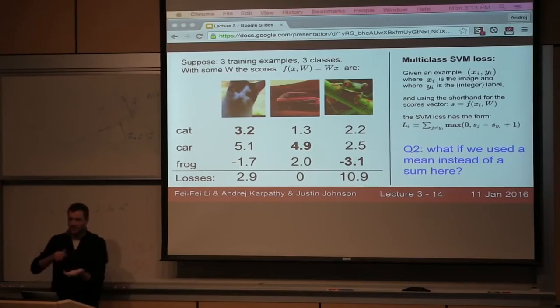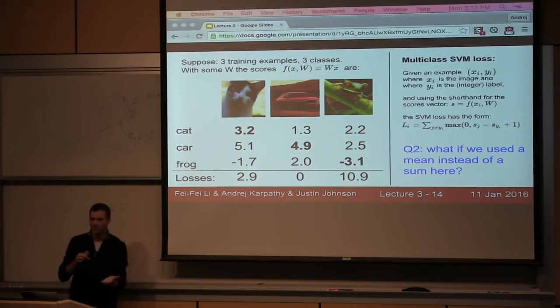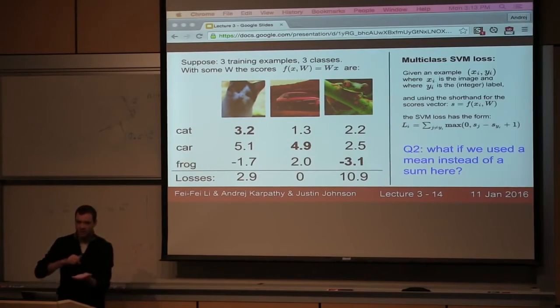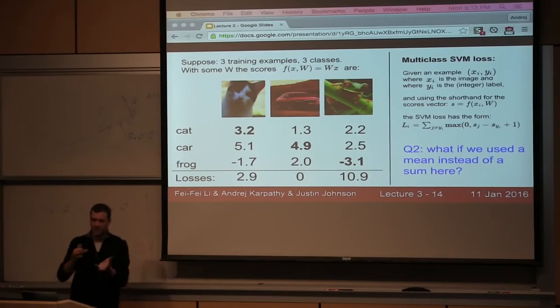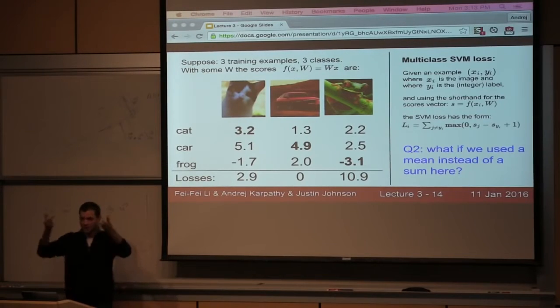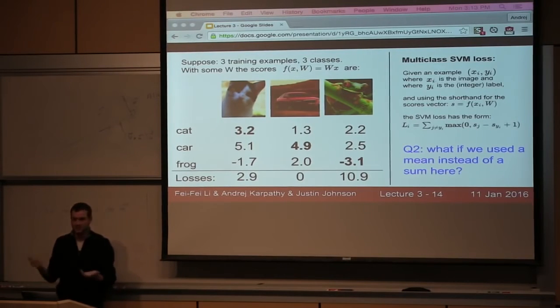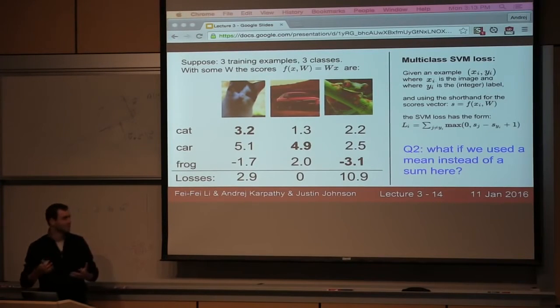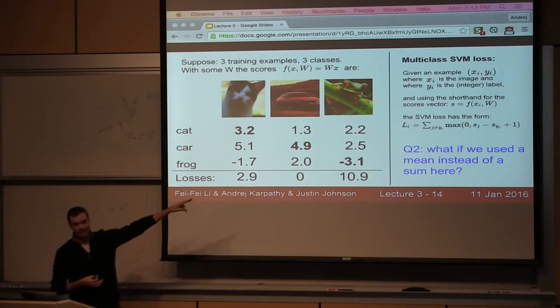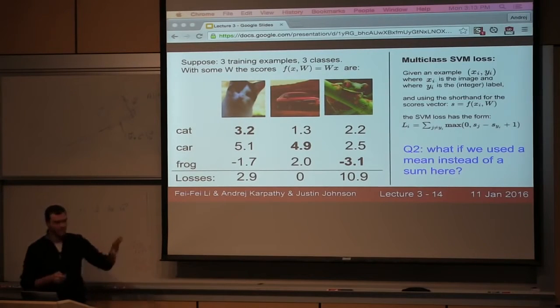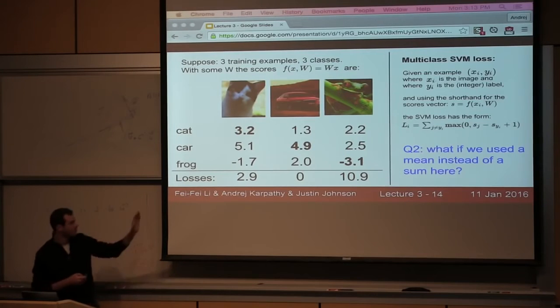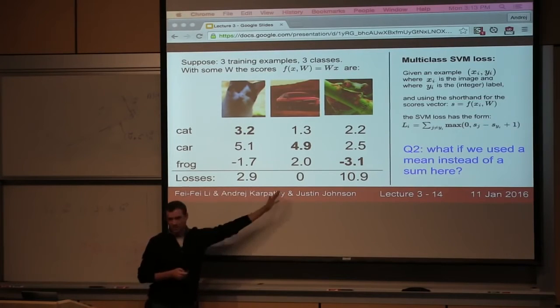That would make the loss lower, just like you pointed out, but in the end what we're always interested in is minimizing over W that loss. So if you're shifting your loss up by 1, or scaling it with a constant, this doesn't change your solutions. You're still going to end up with the same optimal Ws. So these choices are basically free parameters, and it doesn't matter. For convenience, I'm adding a j not equal to yi, and I'm not actually taking the mean, although it's the same thing. And the same also goes for whether or not we average or sum across the